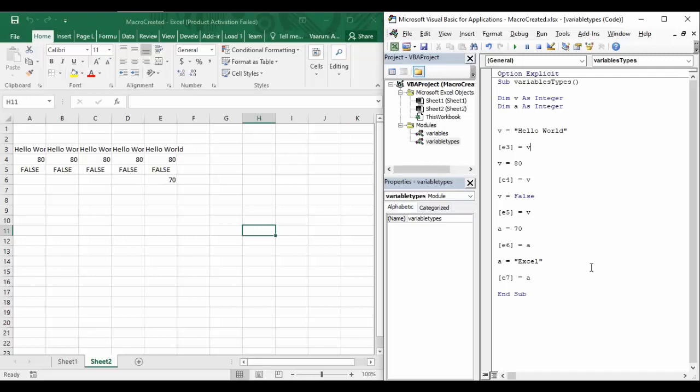We know where comments can be used: one, wherever the programmer thinks that the logic needs to be explained to the user. Suppose the programmer has carried out some mathematical operation with the help of a combination of mathematical operators, then the programmer needs to explain to the reader that I have done this operation or I am trying to perform this task over here. In that case, the programmer can write comments so that the reader can understand.